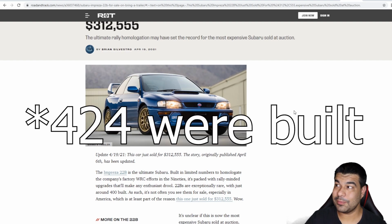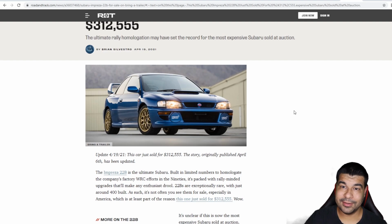Okay, but for something that is that old, and it's not that much better of a spec than a P1 STI version 6. I mean, there's so many rare variants out there. There's a Richard Burns model, which is the UK model. There was the P1, also UK model. There's quite a few, but this was the true, I don't know how to word this, but when you play